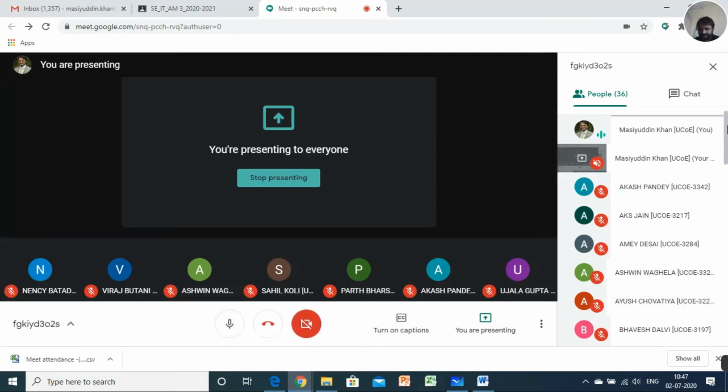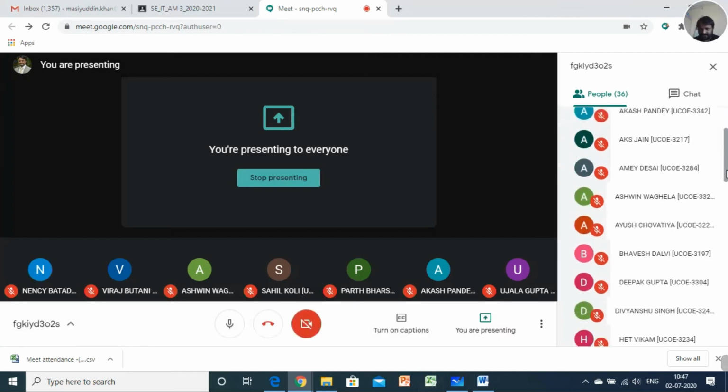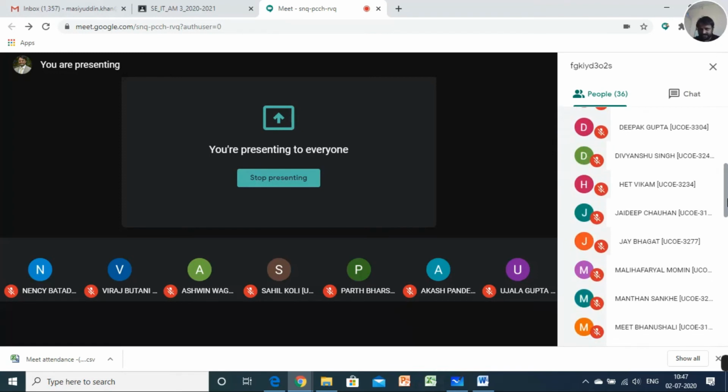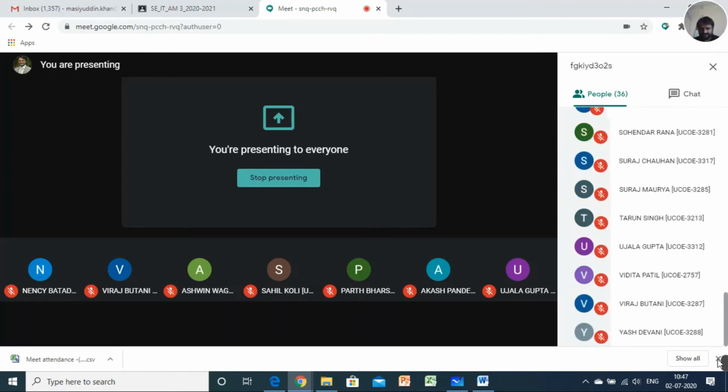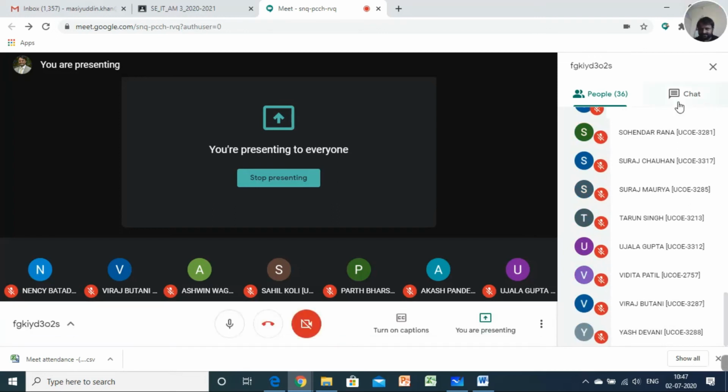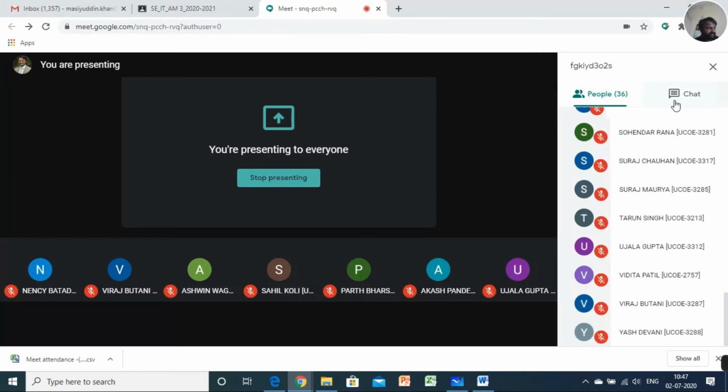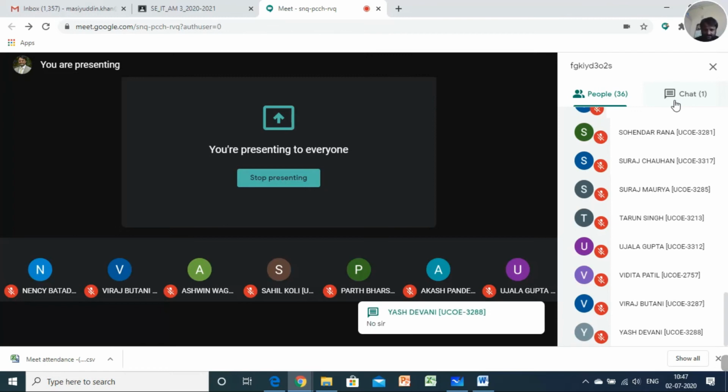Anyone having any doubts? If the mic is not working, you can write in the chat box so that I can read, because a few people's mics are not working, as I was aware in previous lectures whenever I asked questions. Okay, anyway, if there are no questions, we'll move ahead and start Laplace inverse, that is, the inverse of Laplace transform.